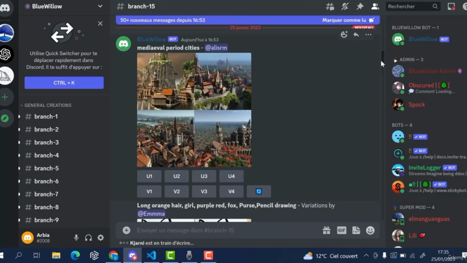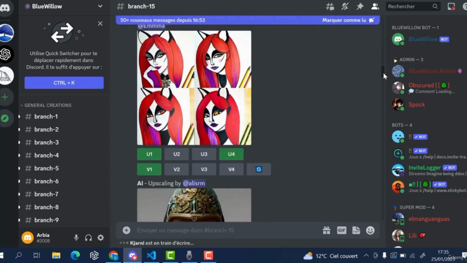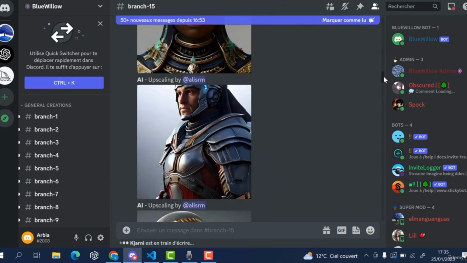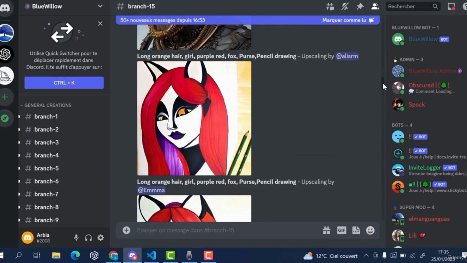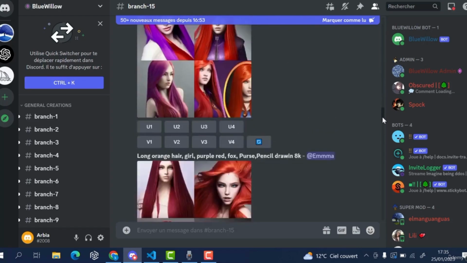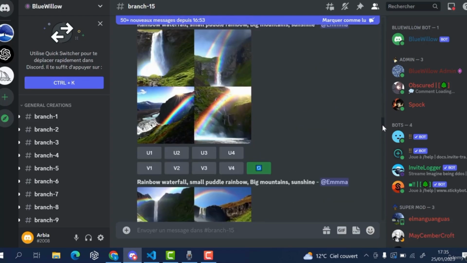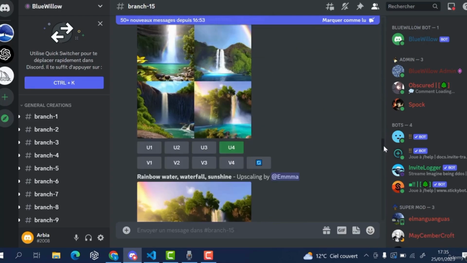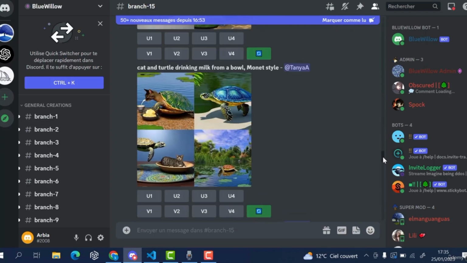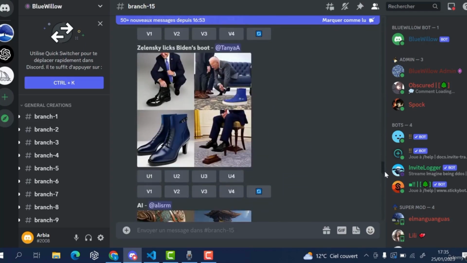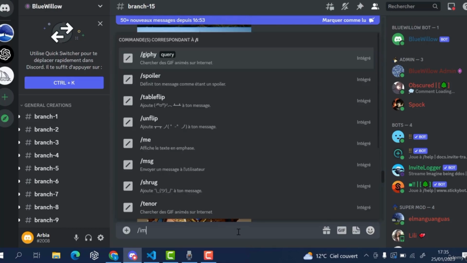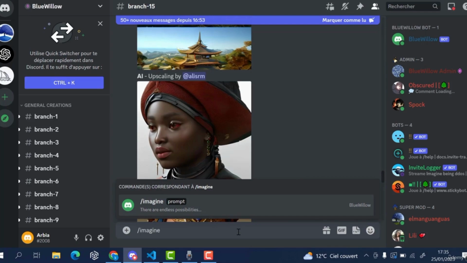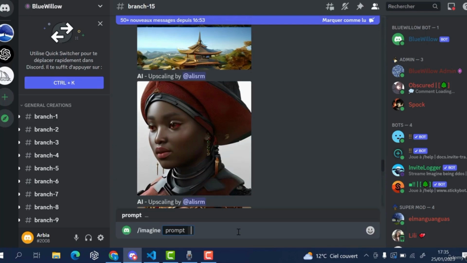And as you can see here, people are making lovely photos with this Blue Willow. Amazing photos of nature, of characters, of animals, many, many beautiful things. So we will go here and ask it to imagine two boys,